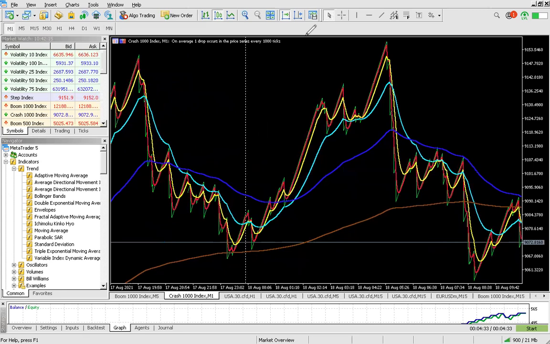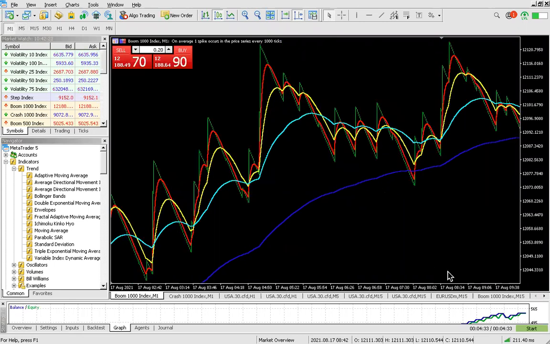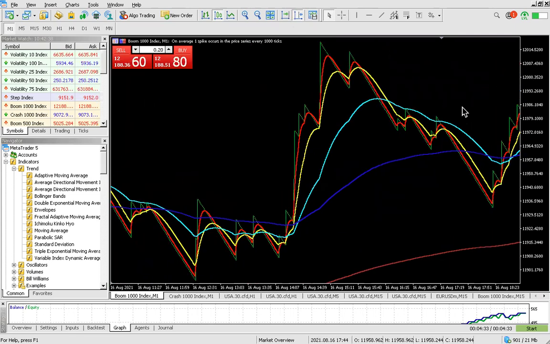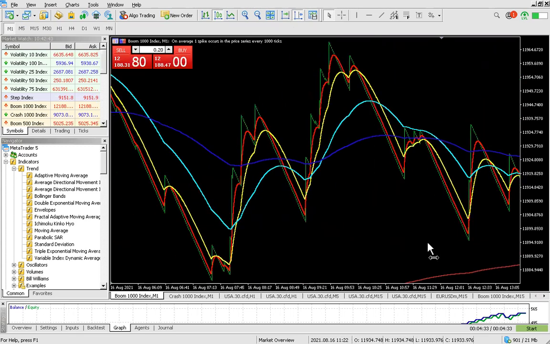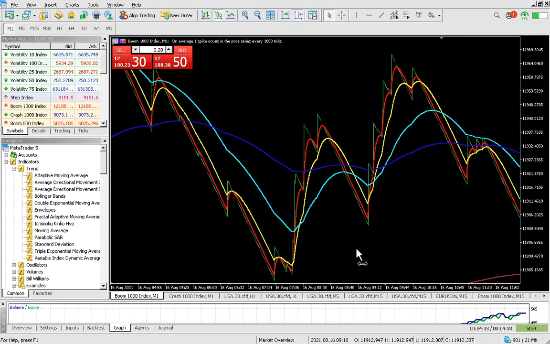Okay, clear all drawings. Now let's go to boom 1000, and I'm going to go to M1 as well, so that you can see how we can spot where the market is actually going to boom. And I'm going to first go with the boom side, and then we go to the side where we're actually trading against the spike, right? So there we go. Now with boom 1000,